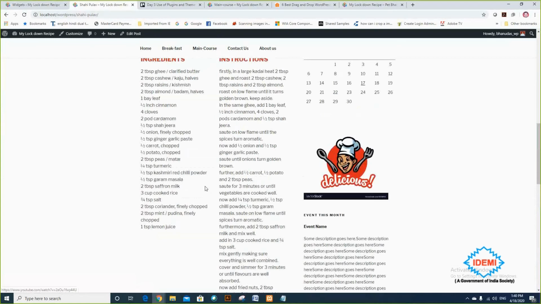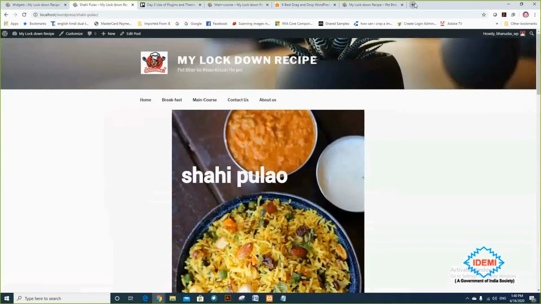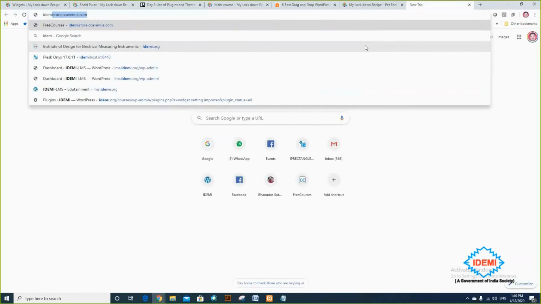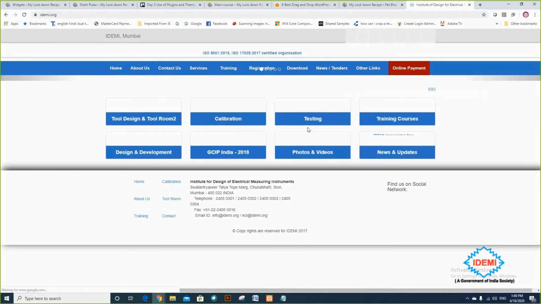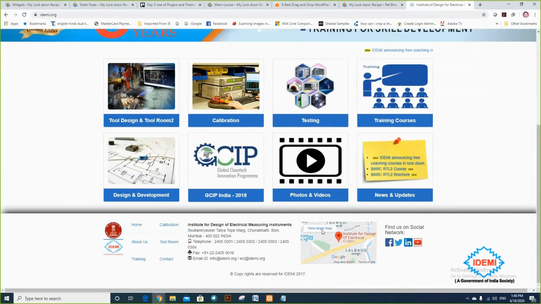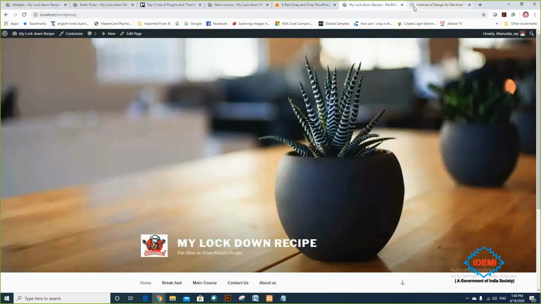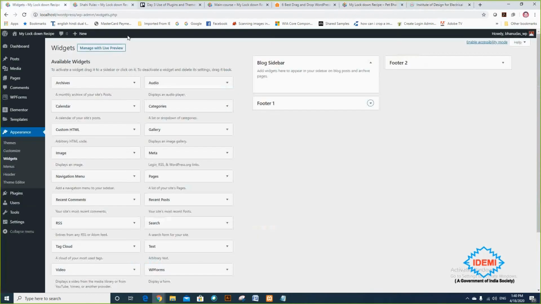Okay. So, for example, when I am using IDMI.org, it is not designed with WordPress, but I would like to show these are the footers, and in that footer we are actually putting some information. So your footer will be divided into 4 parts, and some people divide it as footer 1, footer 2, footer 3, footer 4.